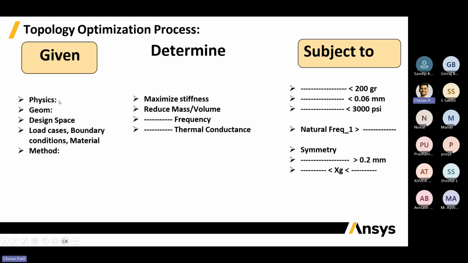So even physics does allow modal simulations as well. And the only thing that is left out is thermal simulation. So thermal simulation is also allowed over here for performing a topology optimization, where the major important parameter is your thermal conductance. So basically, thermal conductance lets you know how the heat flow is getting generated, and to achieve a better kind of heat flow within the overall geometry